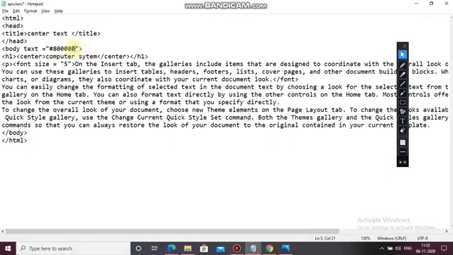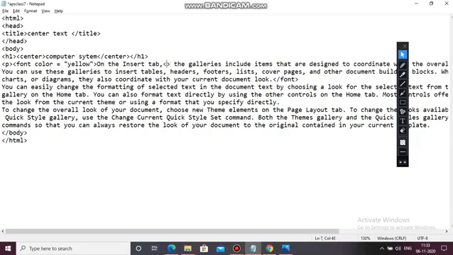Now here I am erasing. Instead of size, I am using color, COLOR, yellow, on the insert tab, till here, not for the whole paragraph, for a particular text.